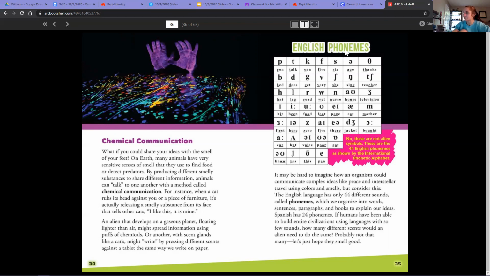Up here, English phonemes. So here's the list of the different phonemes. And it says, no, these are not alien symbols. These are 44 English phonemes as shown by the International Phonemic Alphabet. And that is the end of Chapter 5, How Aliens Will Talk. So I'm going to